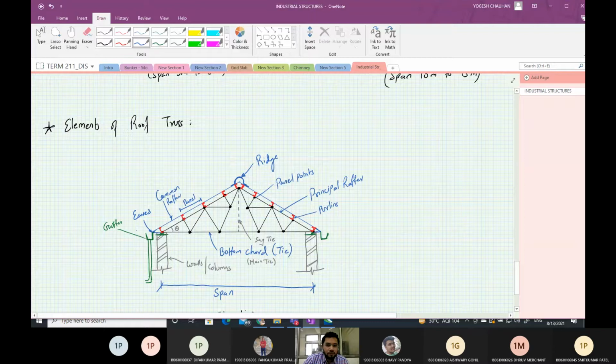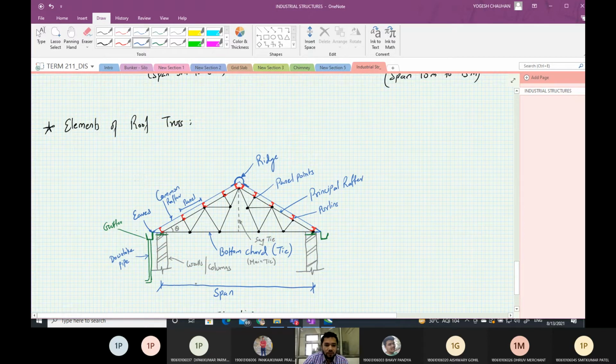This is the ridge point and this is the eave point. This is the gutter, which collects the rainwater, and this is the downtake pipe, which takes down the collected water.